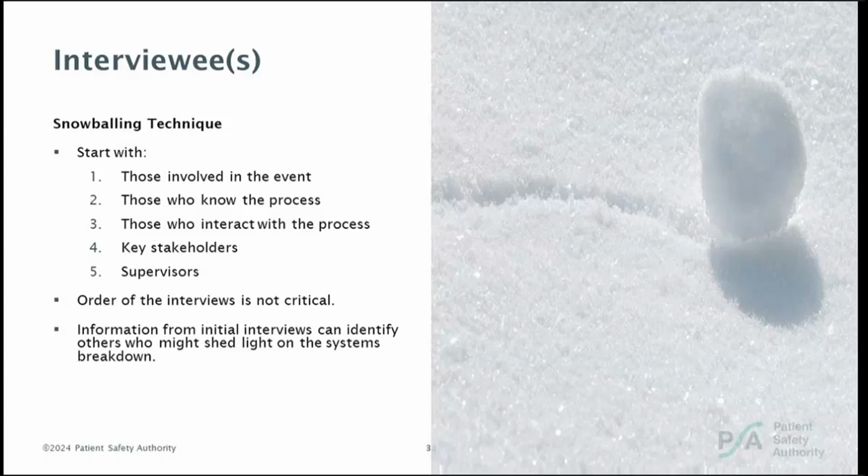It is probably reasonable to talk with the individual or individuals that were directly involved in the event first. Depending on the nature of the event, however, interviews with those directly involved may be emotionally charged or challenging, keeping in mind there may be a second victim involved. Therefore, you may need to consider first interviewing coworkers that were not directly involved in the event, but are familiar with the process, followed by those that interact with the process, like the multidisciplinary team. This is where your process map might be helpful so that you can see how a process worked and what other departments are involved, and will give you a chance to see who else you might need to interview.